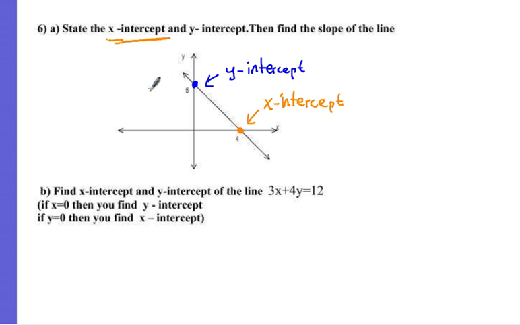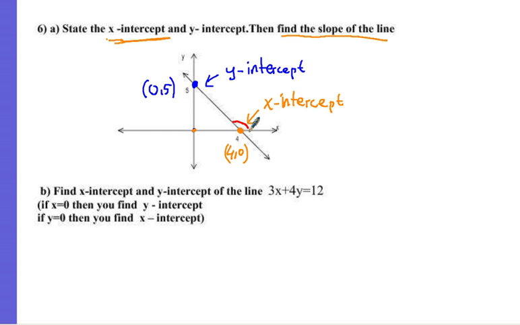How can we show these points? The y-intercept, it is (0, 5). Yes, because here for this point x is 0, y is 5, and for x-intercept the y value is 0, x value is 4. So this point is (4, 0). Find the slope of the line. We use the same